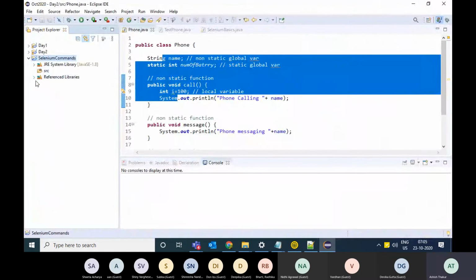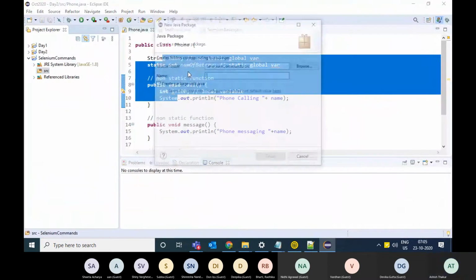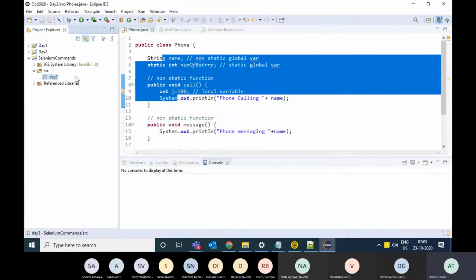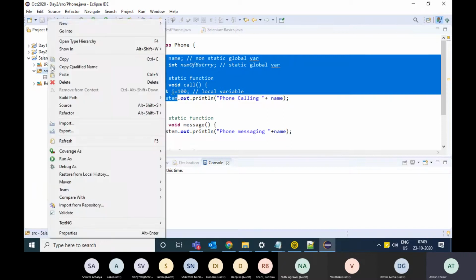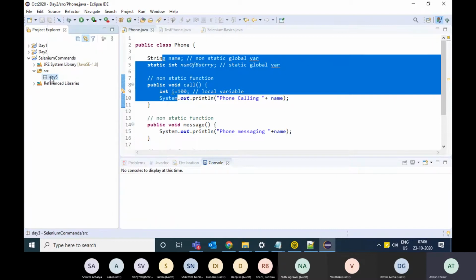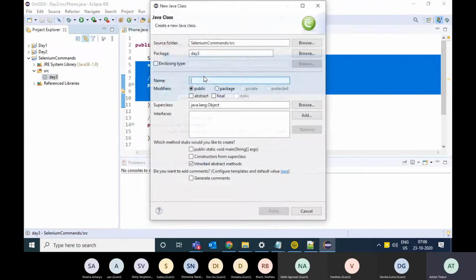And inside the source folder, I'll make a new package known as day3. Package is like a folder inside the folder. This is the source folder. Under it, I've made another package. Package means a folder inside the source folder. And I will make a new class known as dynamic browsers.